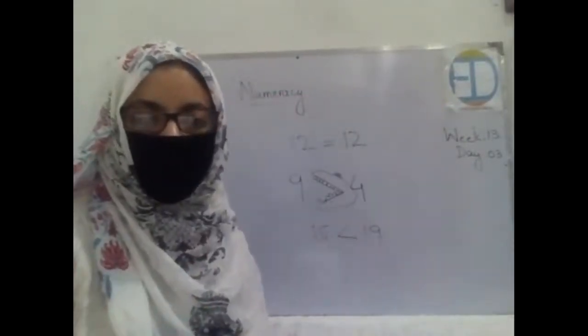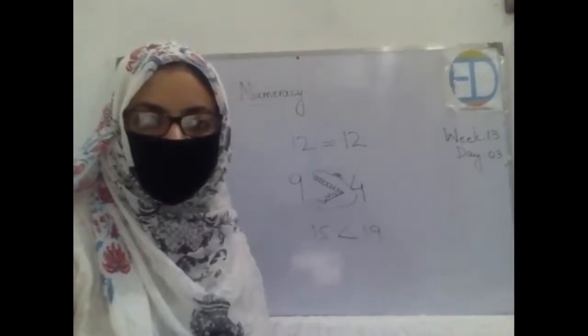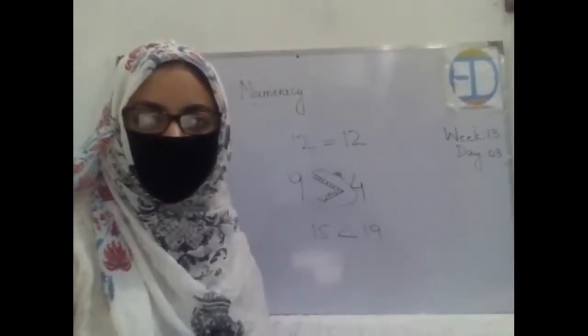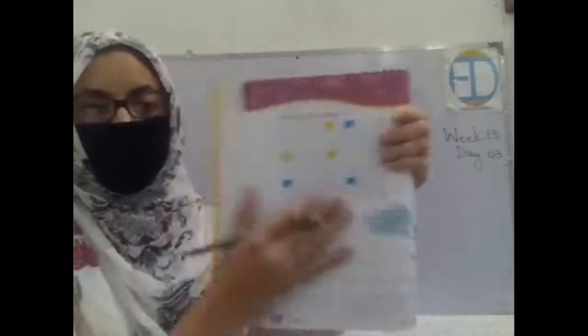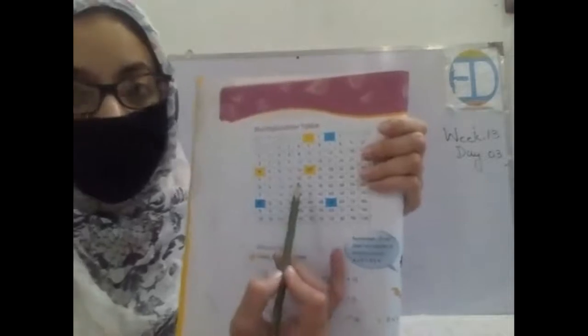Got it? Any confusion? Should we move forward? Okay, great. So continue. Who is going to tell the answer of the next product? Yes. The first one is 8 cross 4. What is the answer of 8 cross 4? Okay, I'm sharing the multiplication table again. Or do all of you have it with you? Okay, let me show you the products. You can just open your own multiplication table. The multiplication table is over here in your book as well, right? So you can use this one as well.